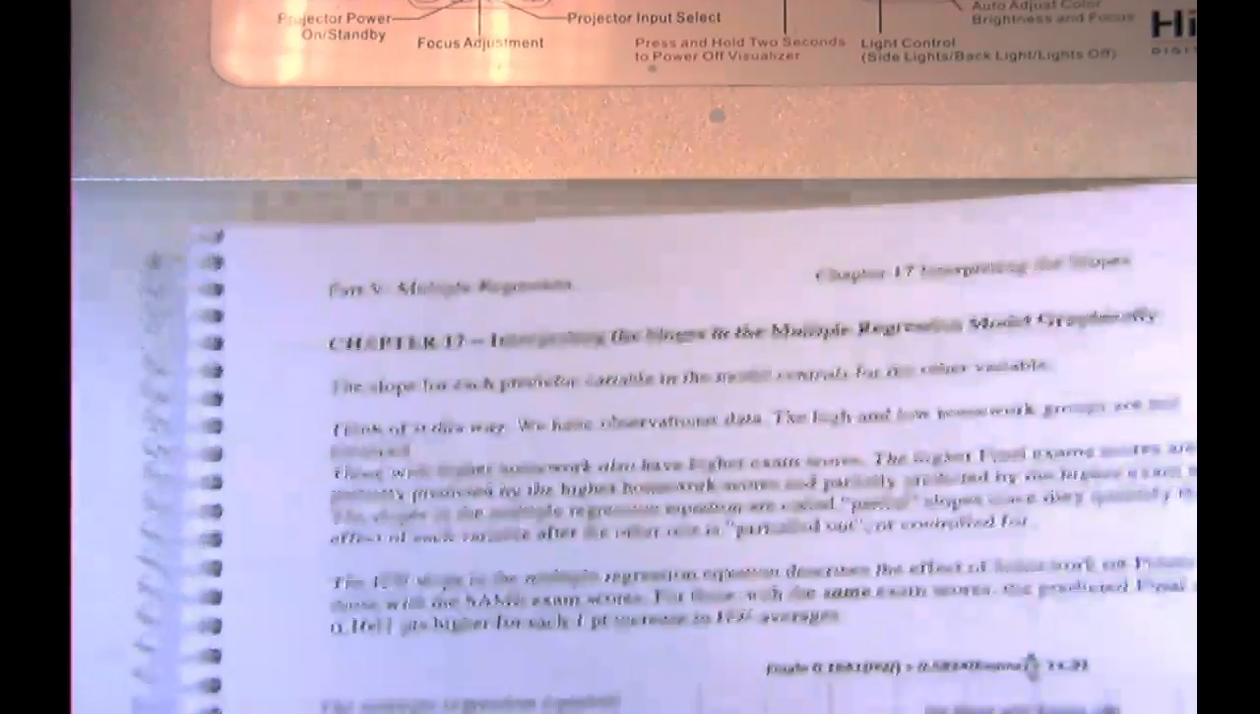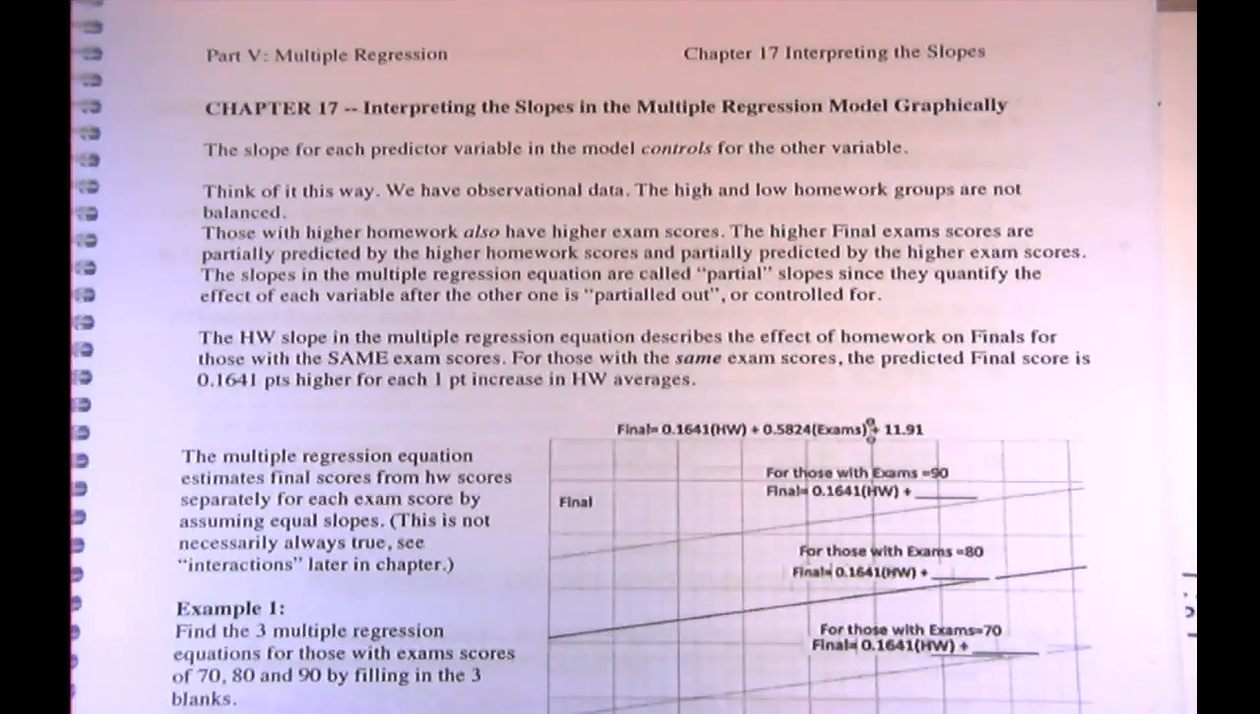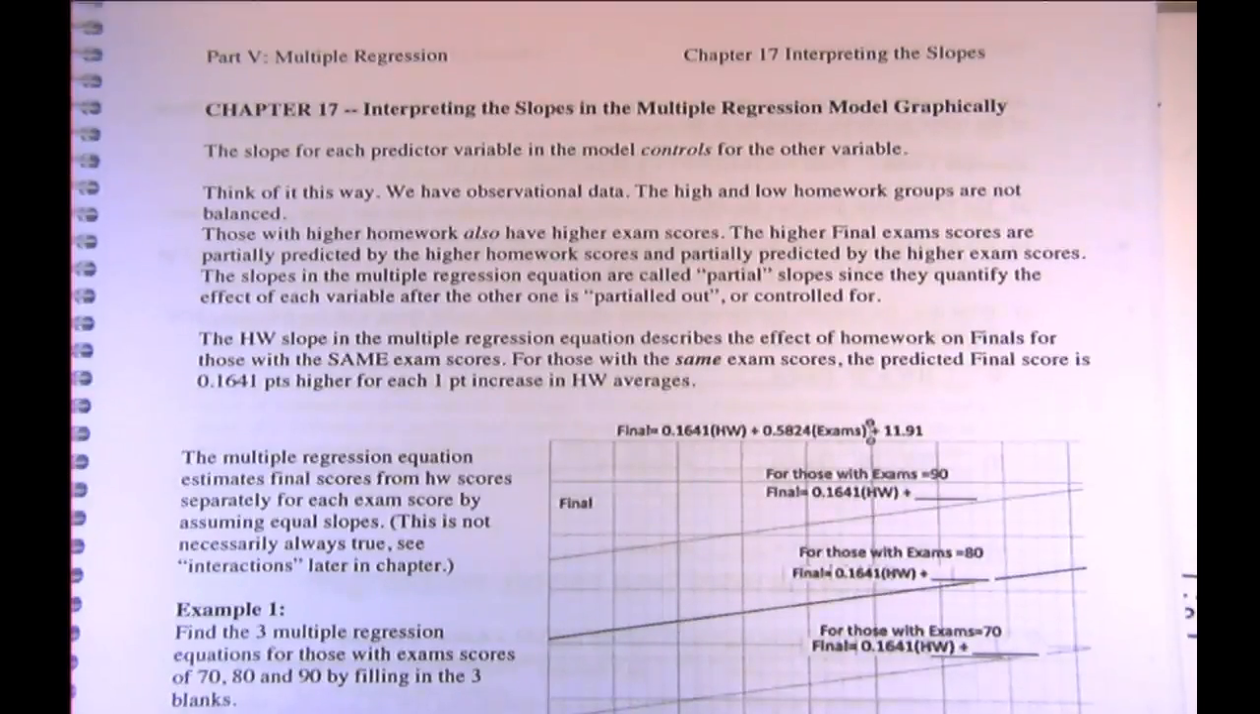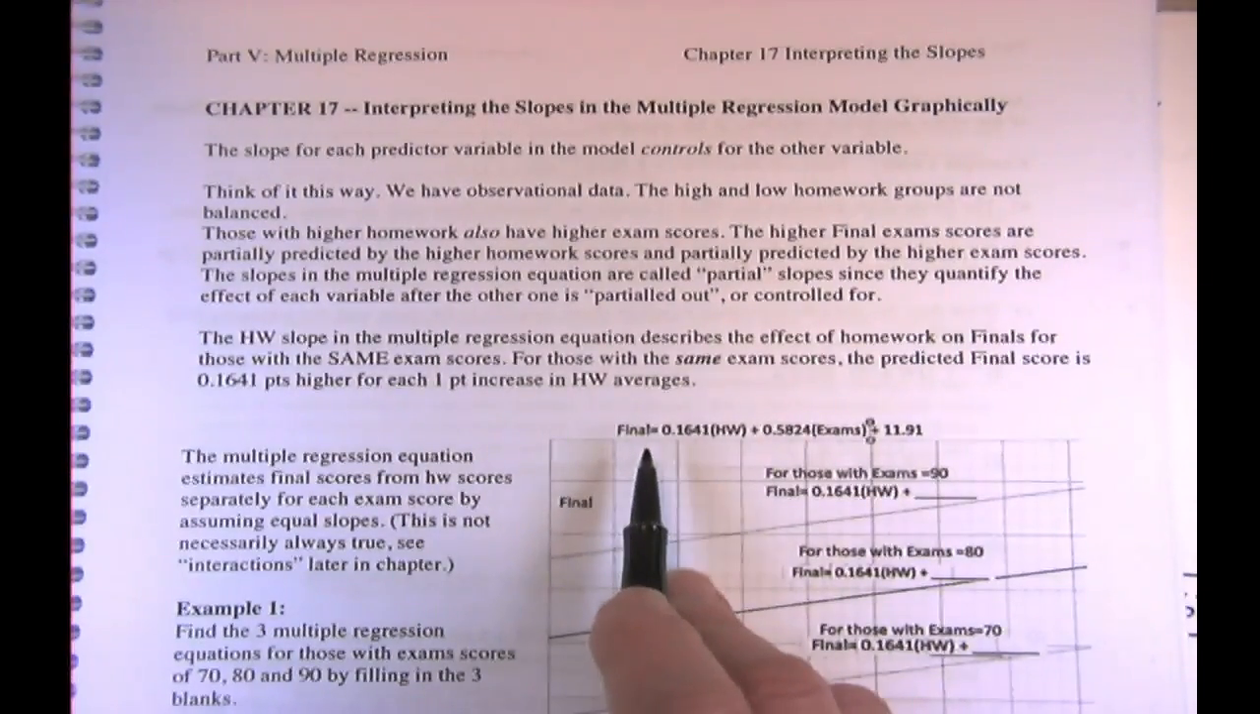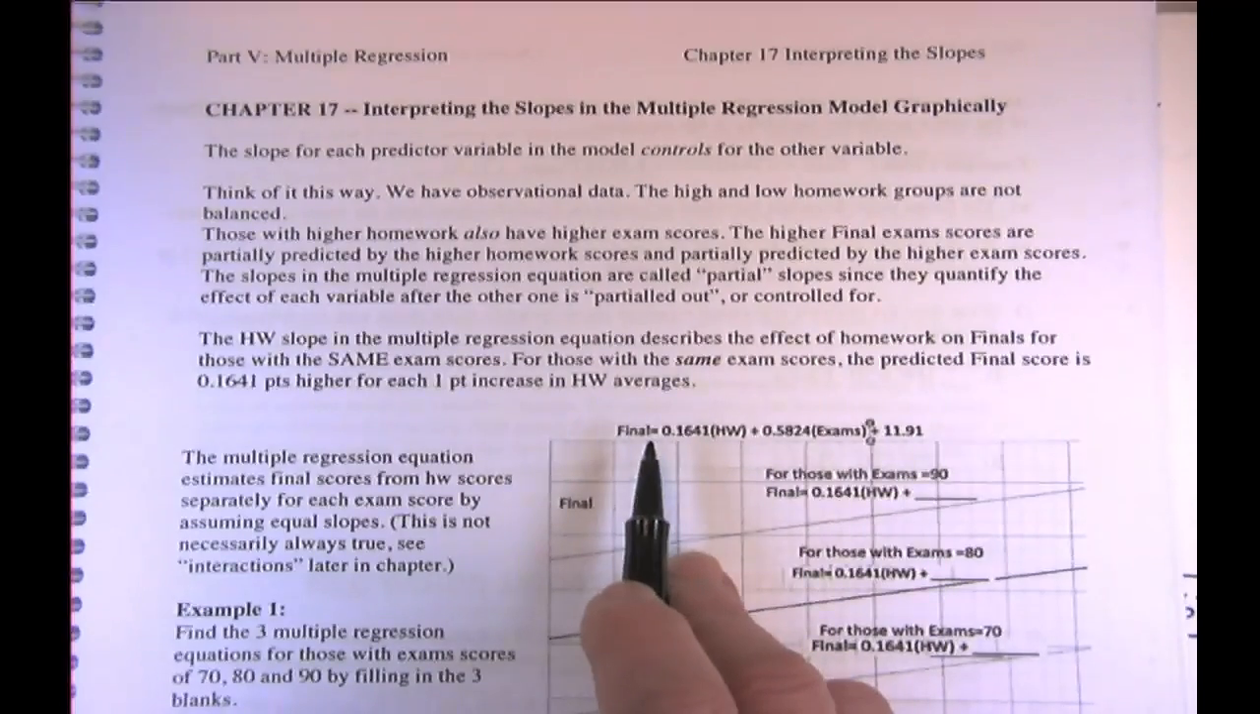All right, so I think we're on chapter 17, which is our second chapter on multiple regression. We looked at what the slopes in the multiple regression model did last time, and now we're going to look at them more graphically. As you know, last time we were working on predicting final exam scores from students. This is the regression equation we got: